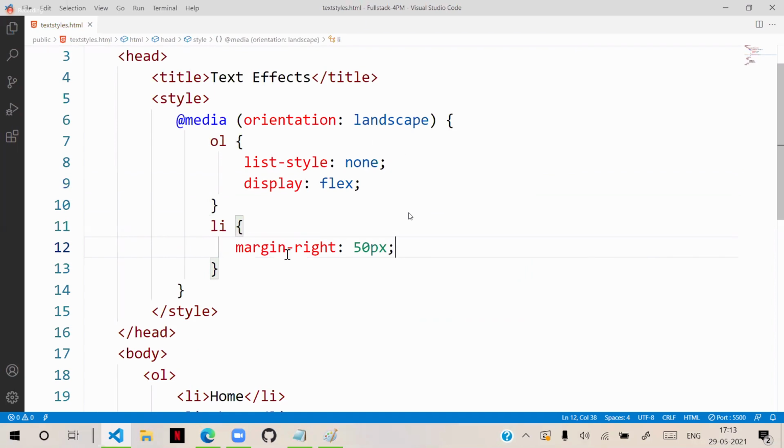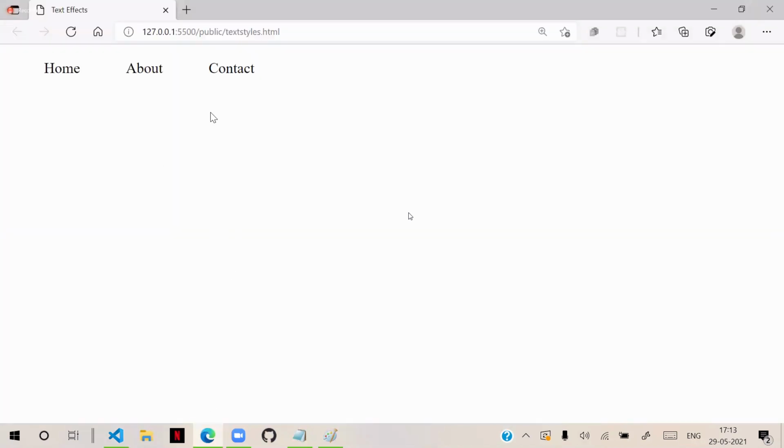In landscape orientation, it should look like this.